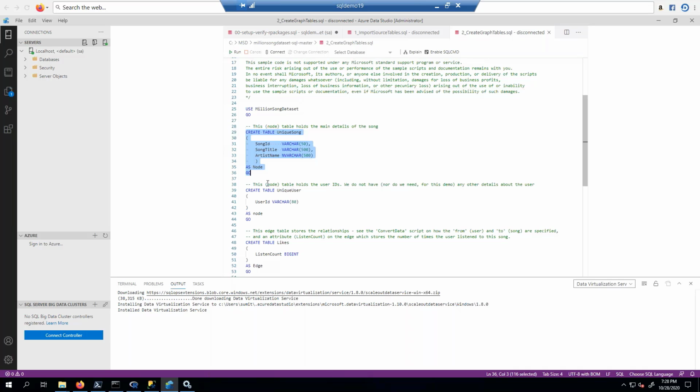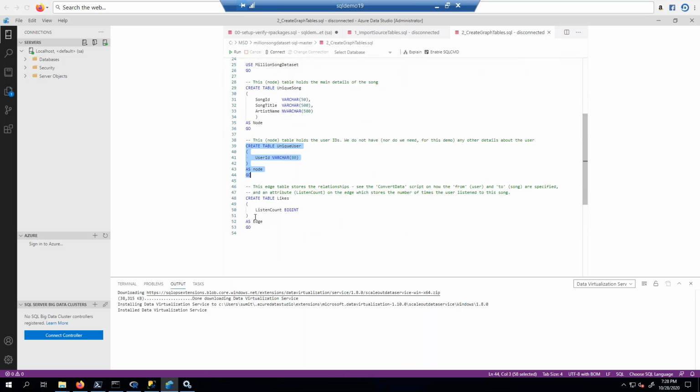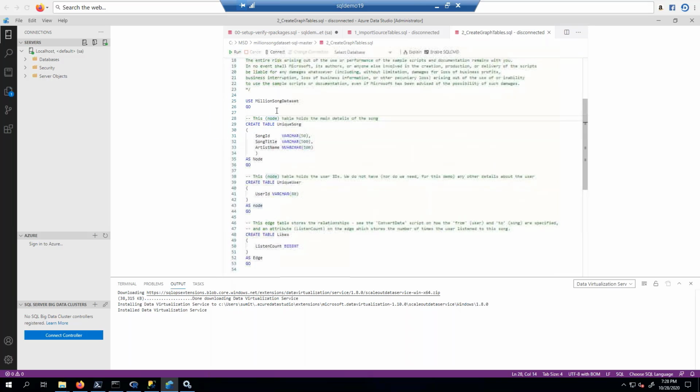So create table, blah, blah, blah, as node versus create table, whatever you want, as edge, as you can see in the last one below. So we're creating 2 node tables. One is unique song, another is unique user, and the edge is the relationship between the song and the user, which is likes. So we keep counting the likes and see which song is more popular.